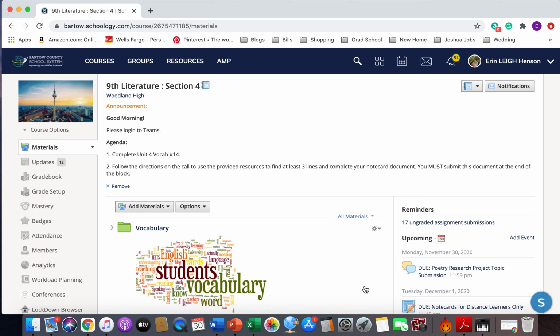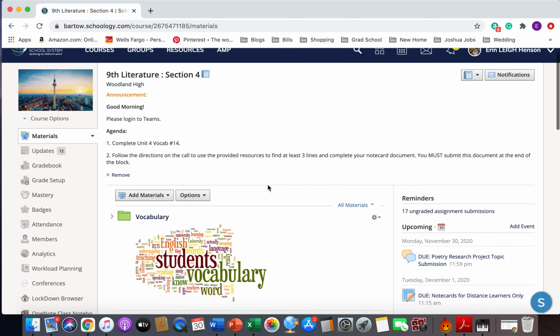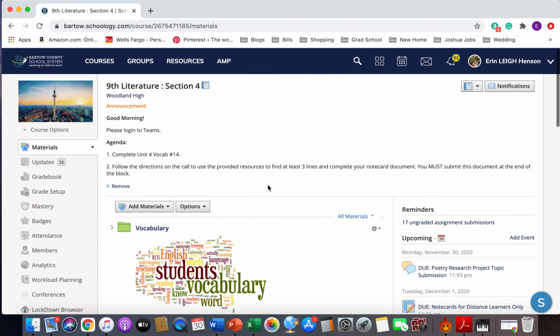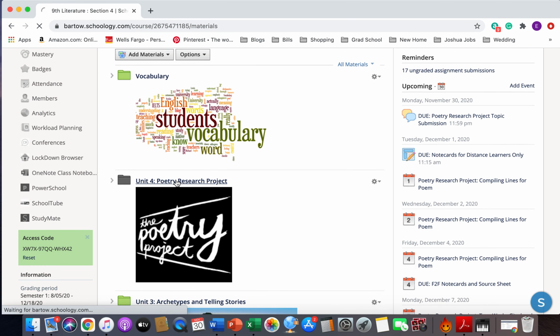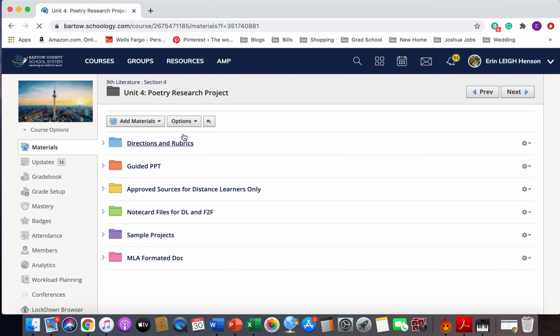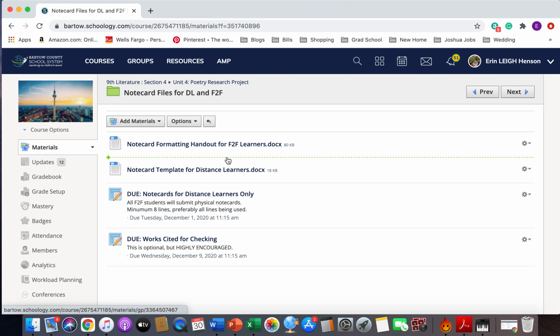I'm back with just a quick tutorial to help you work through how to use that Notecard source sheet that you downloaded. So I'm here on Schoology. I think I'm actually in second block's class currently, but first and second block are identical. As you scroll down, here in the Unit 4 folder, in the Notecard files, you've downloaded this particular form, Notecard